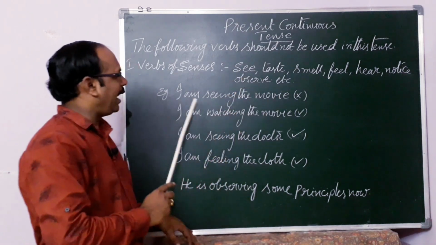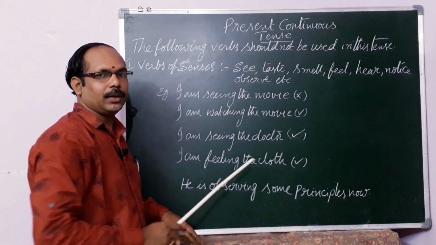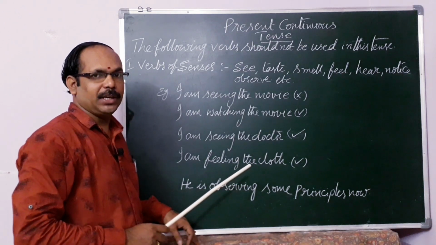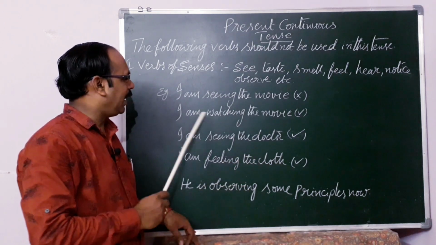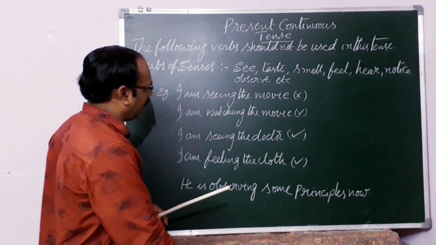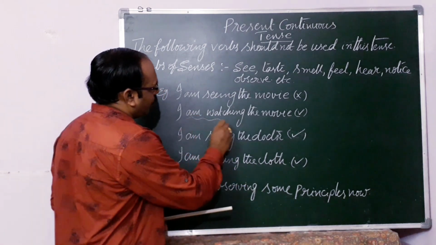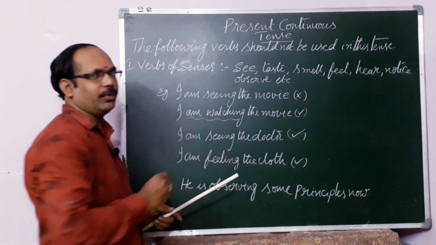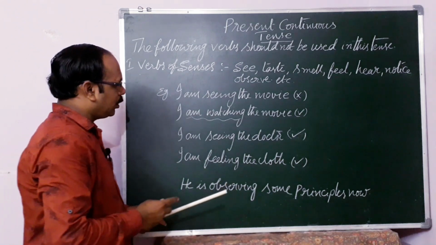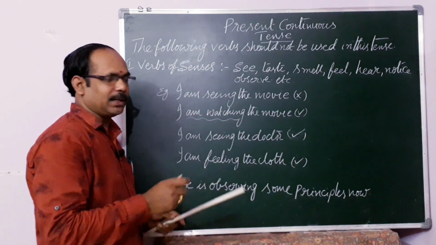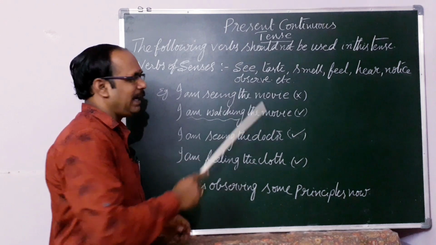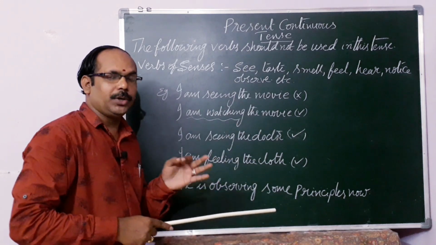For example, I am seeing the movie. We should not say I am seeing the movie. We should say I am watching the movie. We should not say I am seeing the movie in this tense. But if we use see in general situations, we should not use it in